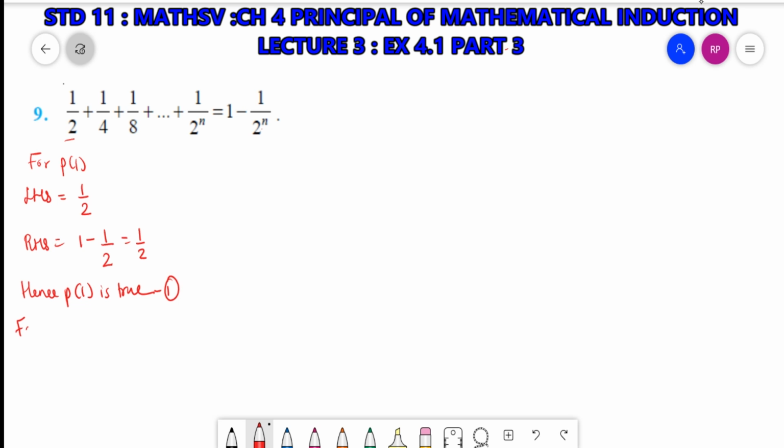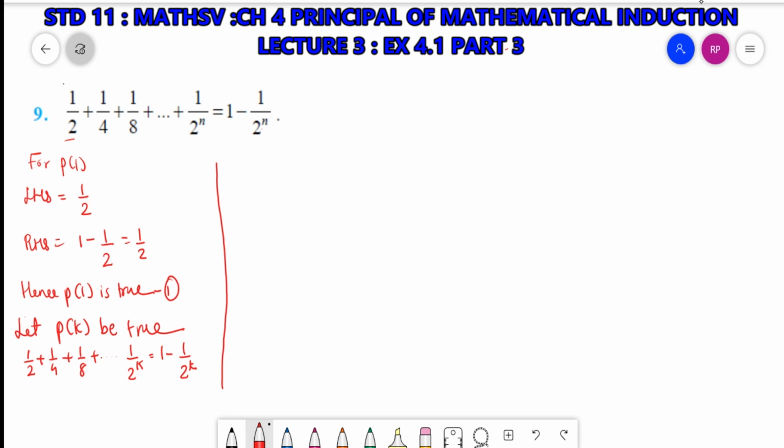Okay, now let P of k be true. Our second step, let P of k be true. Okay, so that means 1 by 2 plus 1 by 4, 1 by 8 up to 1 upon 2 raised to k. This will be equal to 1 minus 1 upon 2 raised to k. Okay, so now for our third step, for p of k plus 1,